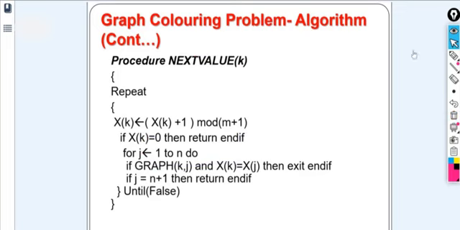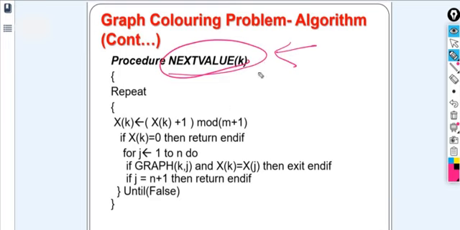In the previous algorithm we have taken the next value k as a procedure, so we have given the solution for what we have exactly in the next value k. We are updating the value of xk here. We are updating the node with the help of the mod function, and we are checking whether it equals 0 or not. If it is not, with the help of a for loop we are updating the j value, and again checking the next colors, because if it is adjacent there should not be the same color. We are updating the value of the color here until it becomes false, either all will be filled with different colors or there is a failure. So we have to find each and everything with the help of the algorithm.